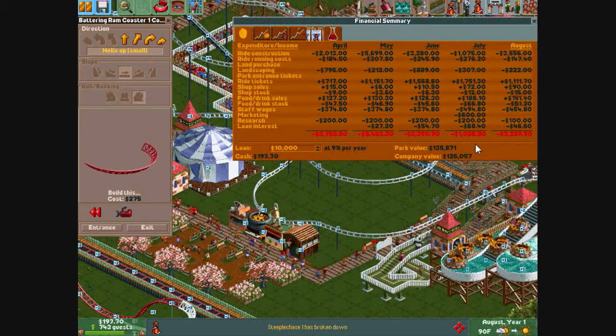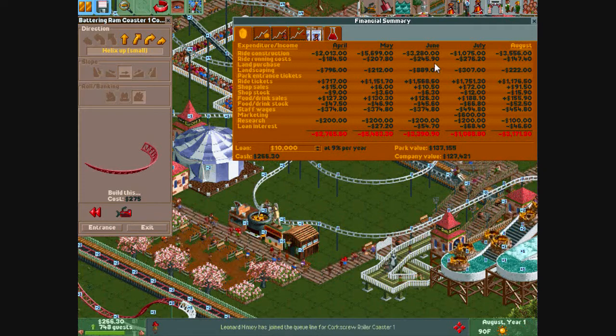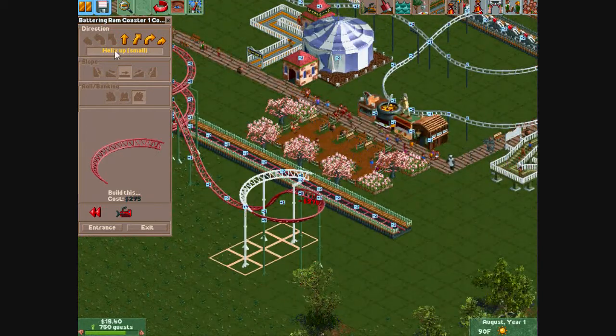While we do that, we can check on our stuff. I mean, we've been spending money every month. Let's see. Again, ride construction is a big cost. Ride tickets give us a lot of money, but not as much as you might think. Food and drink sales, not that much. Basically, without the income from the parks,